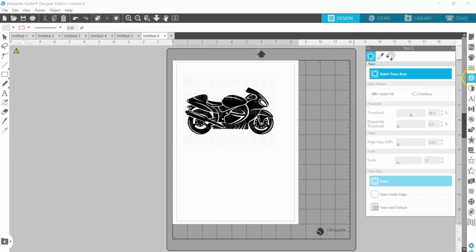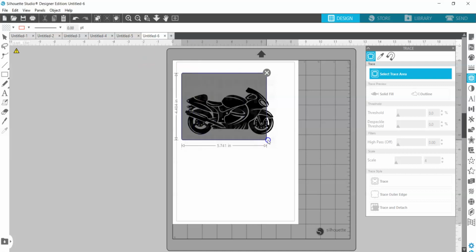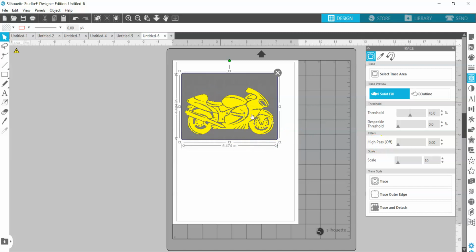So I went to my butterfly, which is my trace panel. We're going to select trace area and select our motorcycle. We want to make sure it's all the way in the square. That actually looks really good. You don't really need to mess with the threshold at all, but I usually do it just a tad because